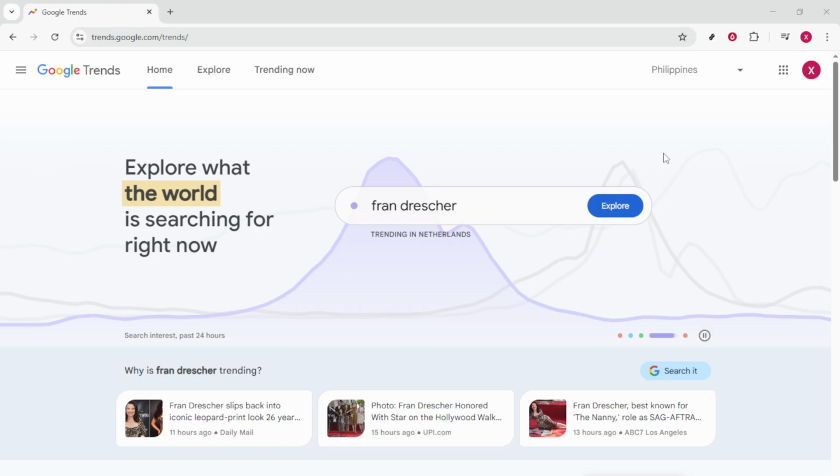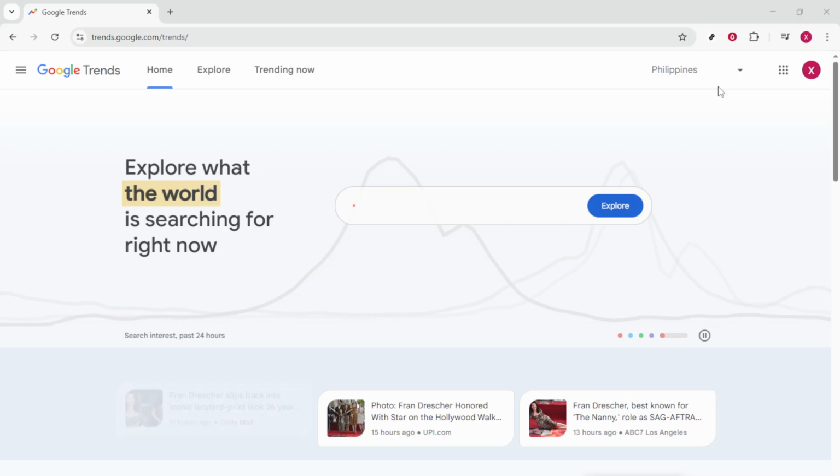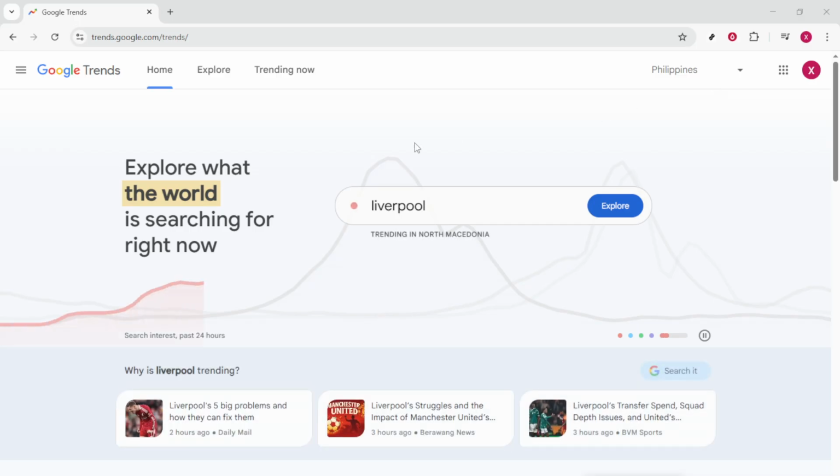This is where you'll start your journey into the world of trends, whether you're a seasoned content creator or just getting started. Once you're on the Google Trends homepage, take a moment to familiarize yourself with its layout. This site will become your new best friend in discovering which topics are trending in real time and over set